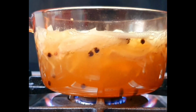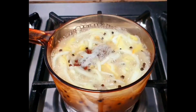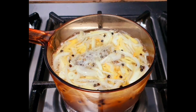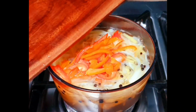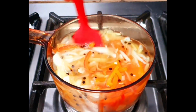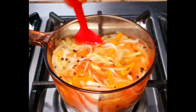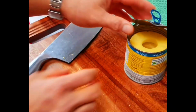Now it's starting to boil. At this point, we're going to add some of our remaining ingredients. Our dried raisin, bell pepper slices, and mix it again thoroughly. We'll wait for it to boil again. While waiting,